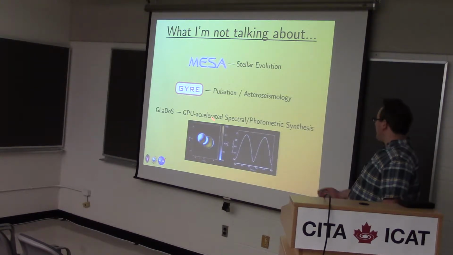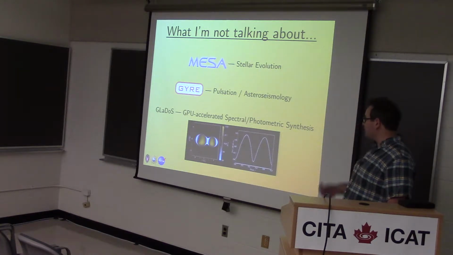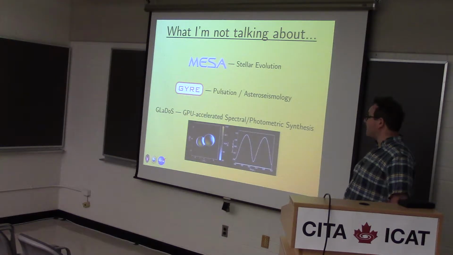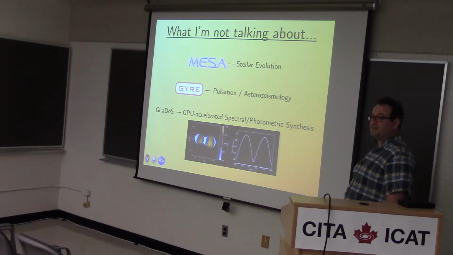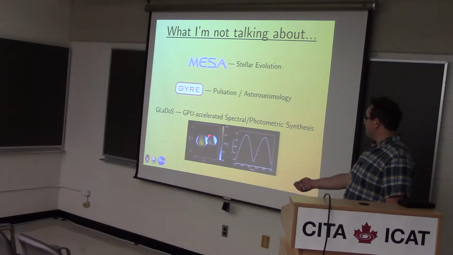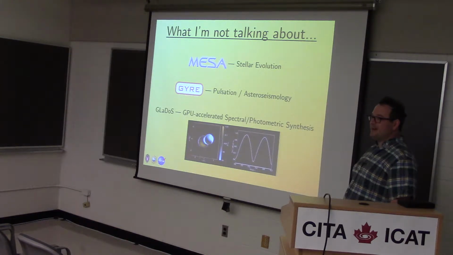And finally, I also work on looking at how we can use graphics processing units, GPUs, to accelerate the synthesis of spectra for stars that aren't just plain spherically symmetric balls of gas. This is an example of a contact binary, and this is colored according to surface brightness, and here's the light curve for the star, so I'm doing this with one of my students. So I have interests outside magnetospheres, and if you want to talk to me about any of these, learn a bit more about them, I'm around till Saturday.